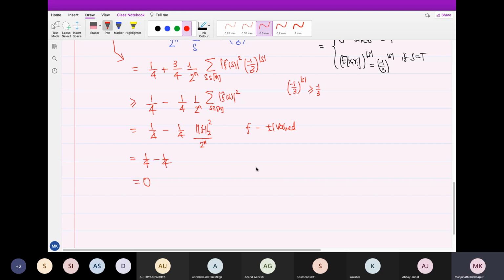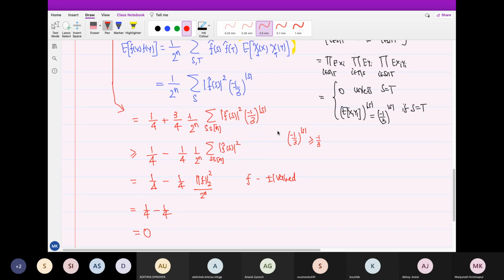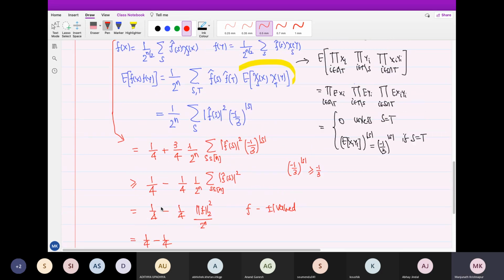Okay. Is it okay? So I use Plancherel here to say summation f hat of s square is the same as summation f of x square, and that is 1 because f is a Boolean function. So it is plus minus 1 valued. So we got